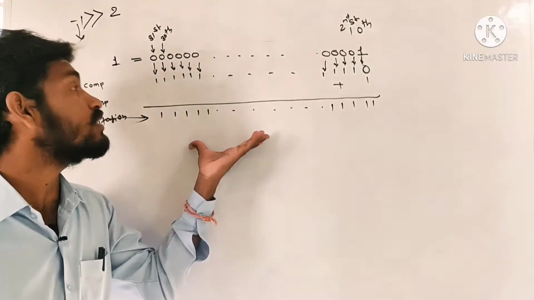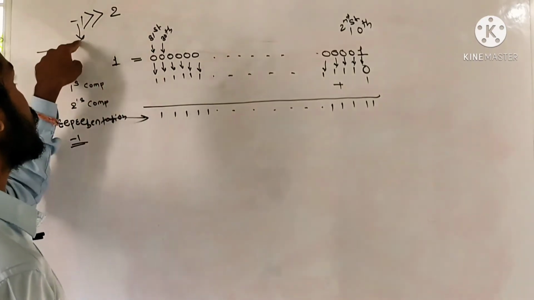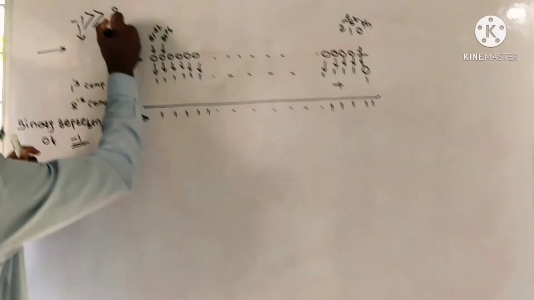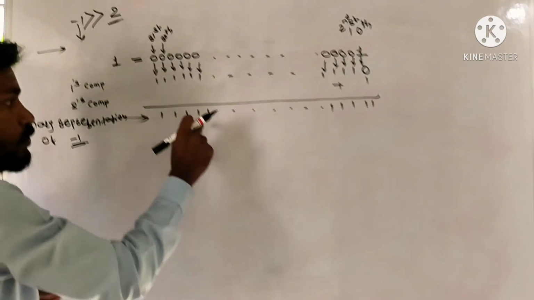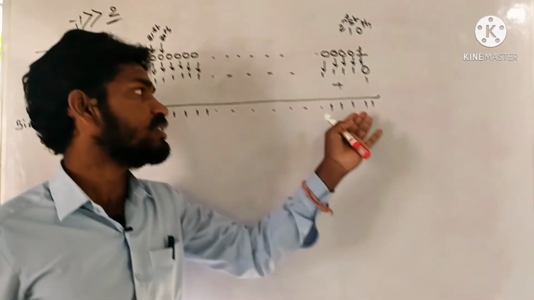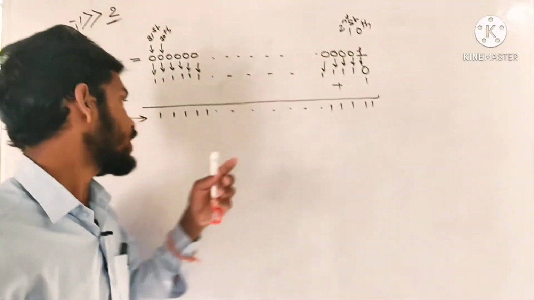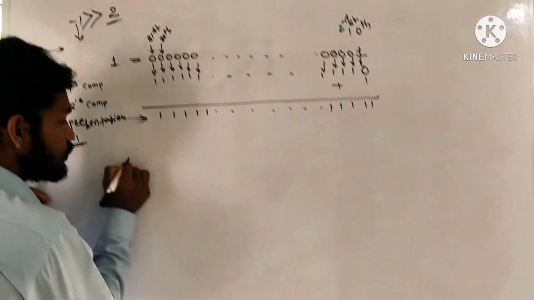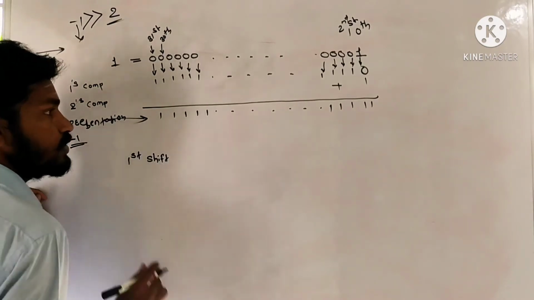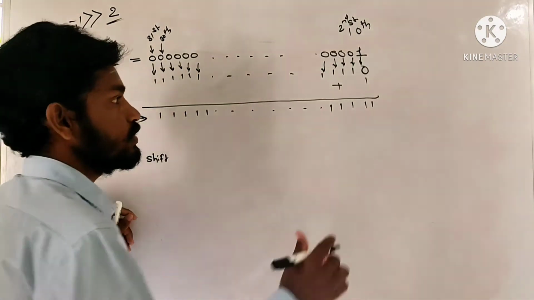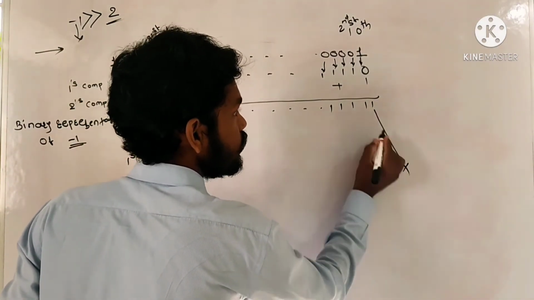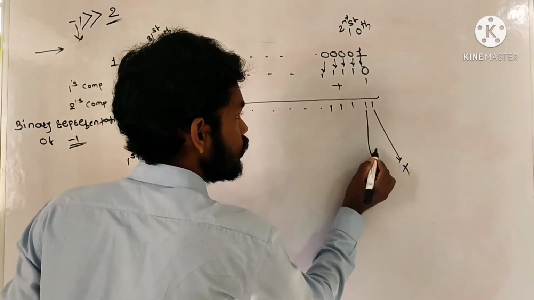First step completed: we found the binary equivalent of the given number, that is the binary equivalent of minus 1. Now we have to do a right shift by 2. You can shift this equivalent directly by 2, otherwise you can do it one by one. First I will do the first shift, following one by one. This bit will be discarded, this one will be discarded, and this one will be copied to the